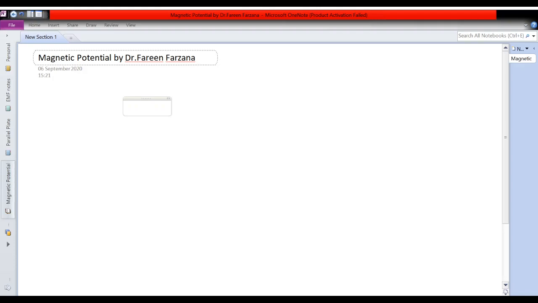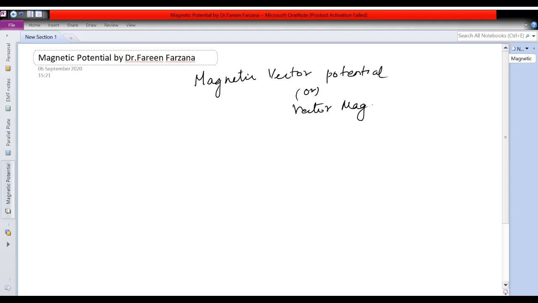Hello students, the topic for the day is magnetic potential. The potential in the magnetic field, we can classify it into two types. One is the magnetic vector potential, or it can also be called vector magnetic potential, which is denoted by A vector, and the other classification is